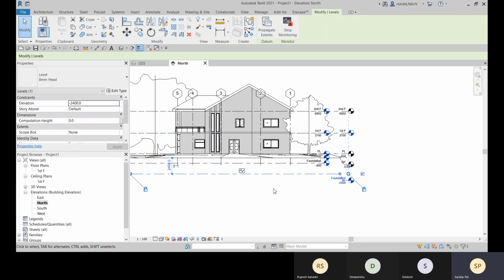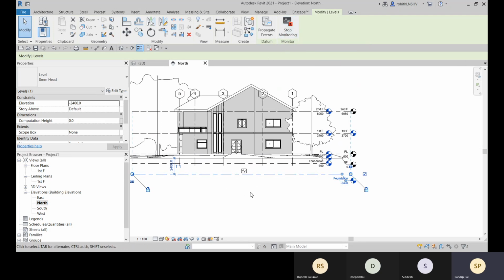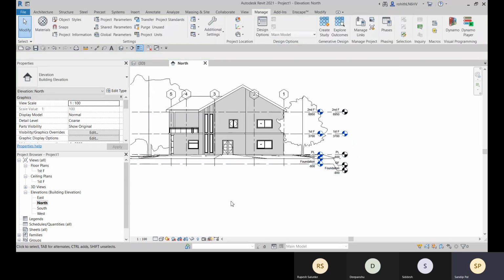Now, if you change this foundation level position here, you can drag it here, and here you're getting this warning, right? So you can do this stop monitor. If you are breaking the coordination, you will get that warning. So that is the meaning of monitor. It's being monitored that you are properly aligning with the original file from which you copied. Okay, so you can go for it. All right.